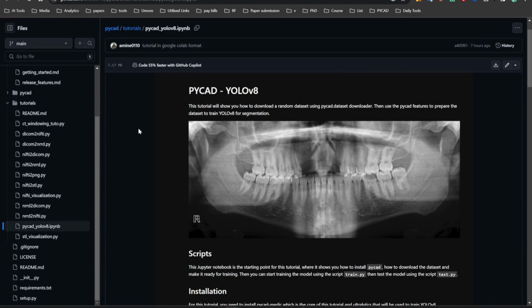For this reason, I need to talk about downloading the dataset. We have added a new feature to our library, which is how to download one of over 120 different datasets. Most of them are CT scans. So you will find that we have multiple datasets that are ready to be used and downloaded directly in